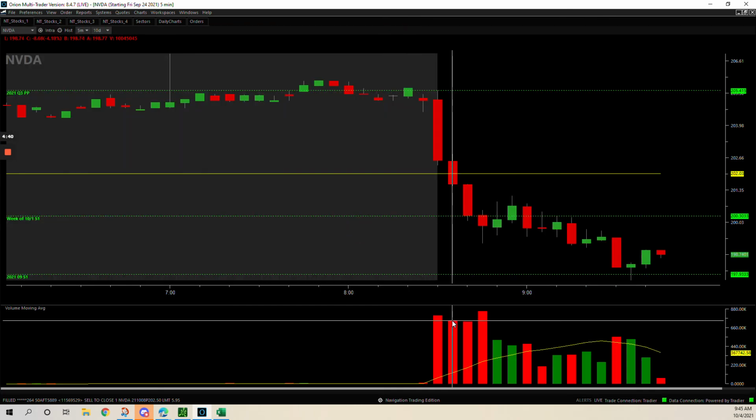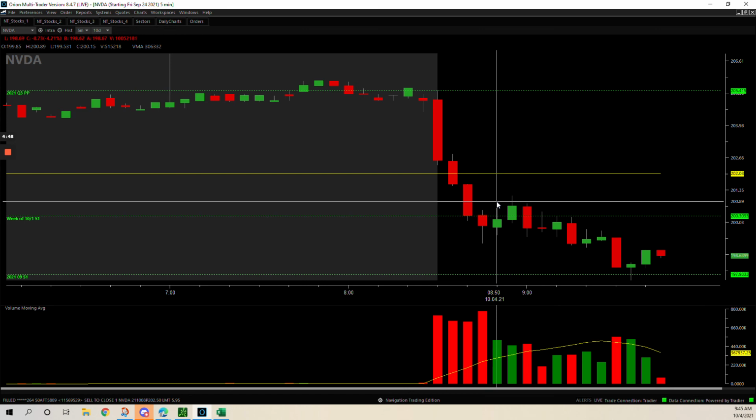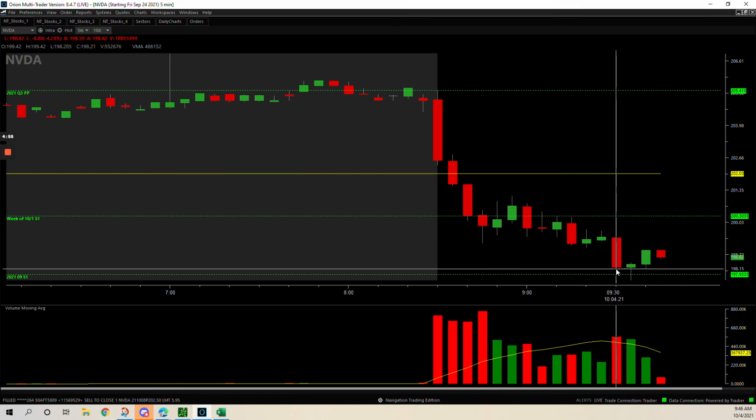Okay, Nvidia had some big bars here. So big bar here, big bar here, big bar, another bigger bar here. So when it pushed up, bounced up to here, I got short and rode it down to right here. So I got out of everything. I think I was out of 10% about right here, and got everything down here. Again, it stayed rather small, but